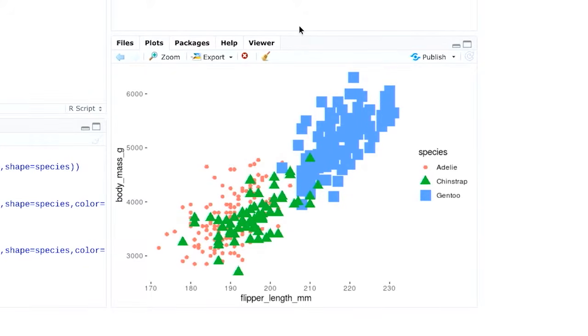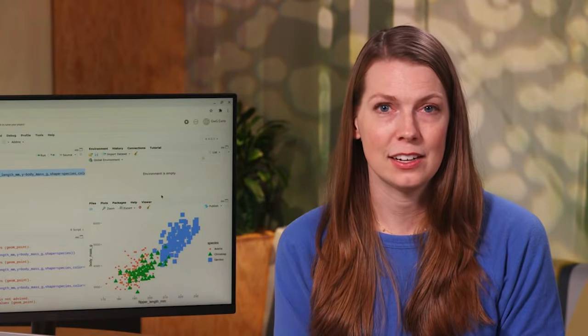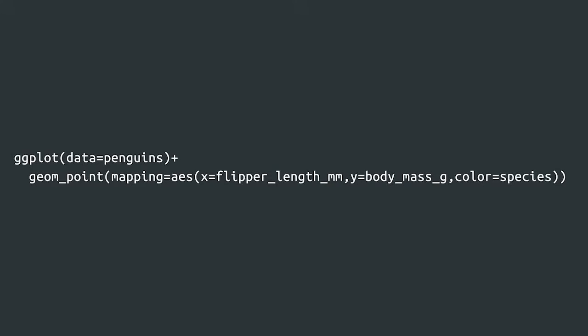Using more than one aesthetic can also be a way to make your visuals more accessible, because it gives your viewers more than one way to make sense of your data. We can also map species to the alpha aesthetic, which controls the transparency of the points. Our first plot showed the relationship between body mass and flipper length in black and white. Then, we mapped the variable species to the aesthetic color to show the difference between each of the 3 penguin